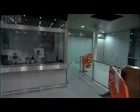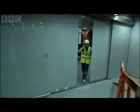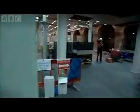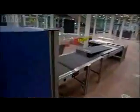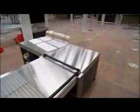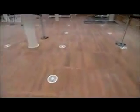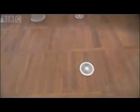So passengers will walk through, past the registration desk, into the departure lounge itself, through the sliding doors, past the workmen. And in here, of course, you have security, just like in airports. If you try and take a metal camera through, it'll go beep. Passport control. Down on the floor, wooden flooring, apparently very quiet when you roll your suitcase over it, so it's